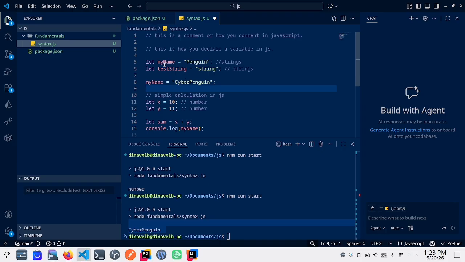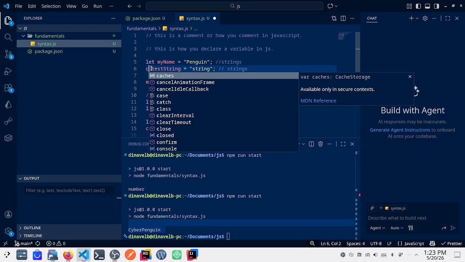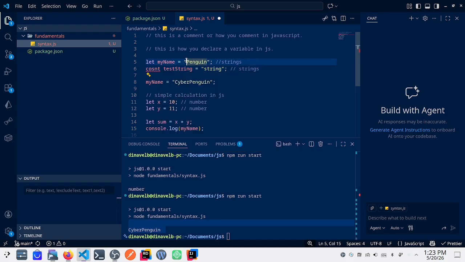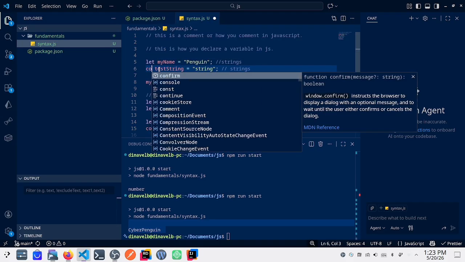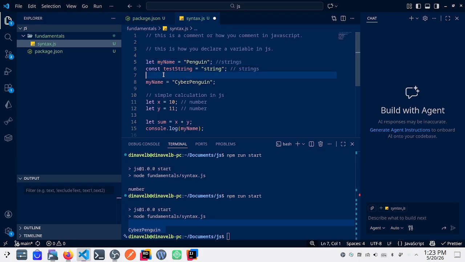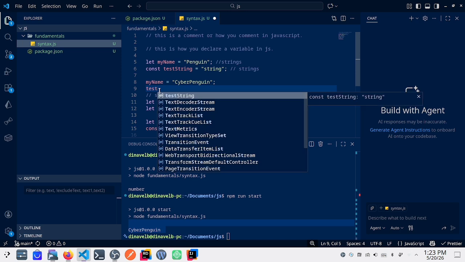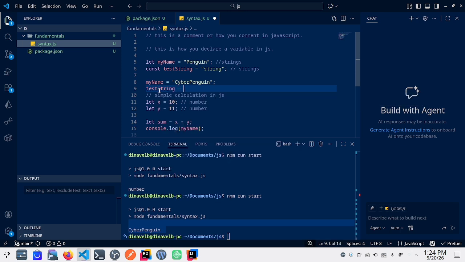And here, if we change it to const, wrong spelling. Const means we can't redeclare it again. So let's test it to prove it.